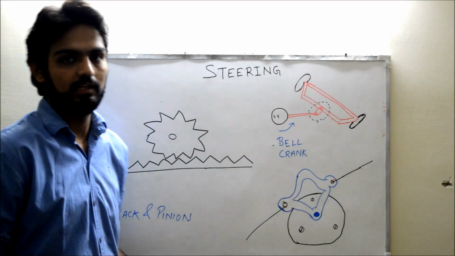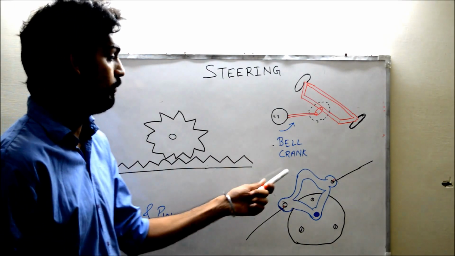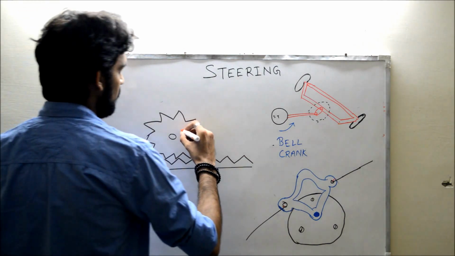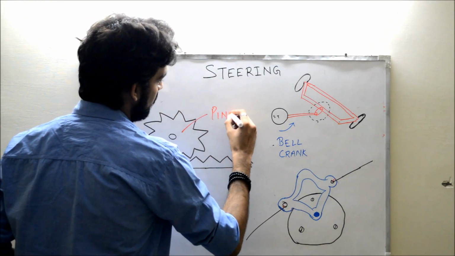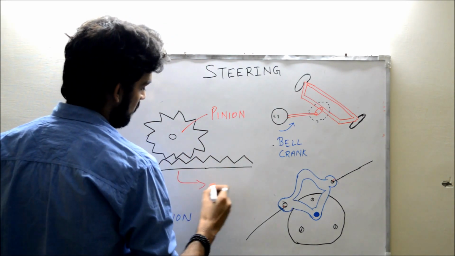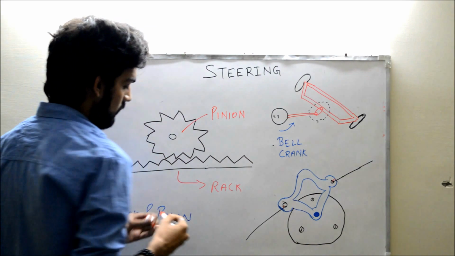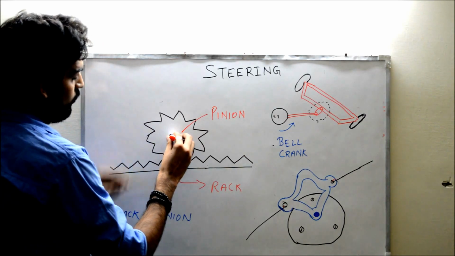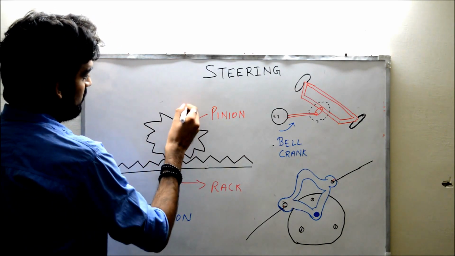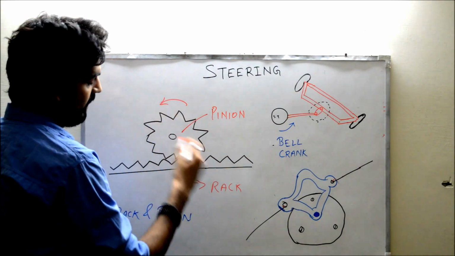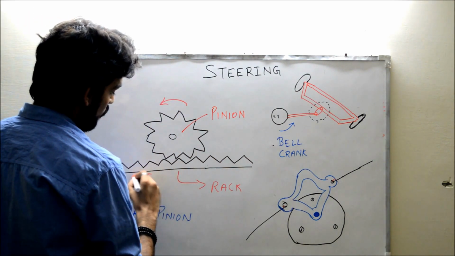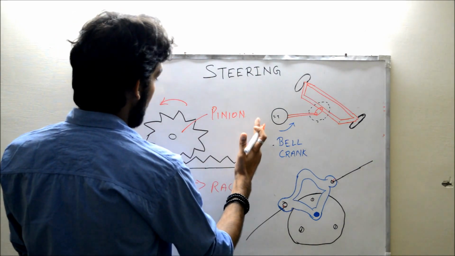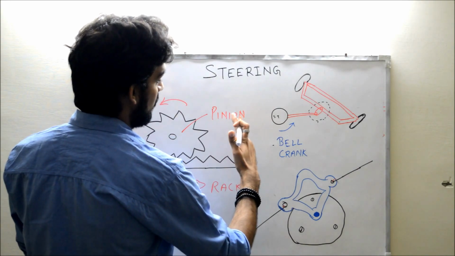Now we'll discuss types of steering. There are 2 types of steering. First one is rack and pinion and the second one is bell crank. Rack and pinion comprises of 2 gears. The first one is the circular gear, which is known as pinion, and the second one is the rack. Now this pinion is connected to the steering. For example, this is the steering. If we move the steering towards the left, then this circular gear, the pinion, turns towards the left, resulting in the rack going towards the right, and this rack is connected to the tie rods, which is connected to the wheels, and as the rack goes towards the right, the wheels go to the left.